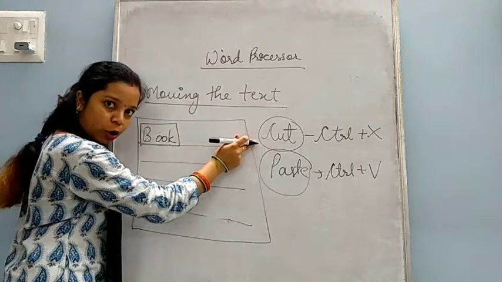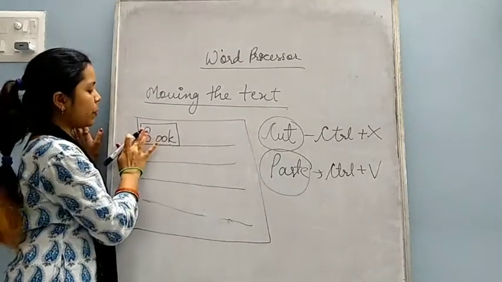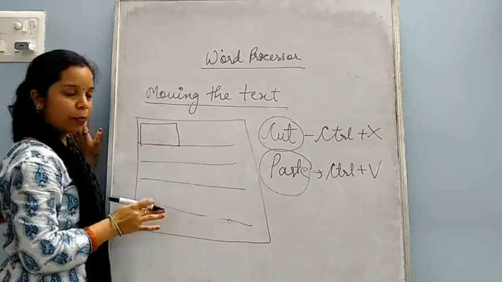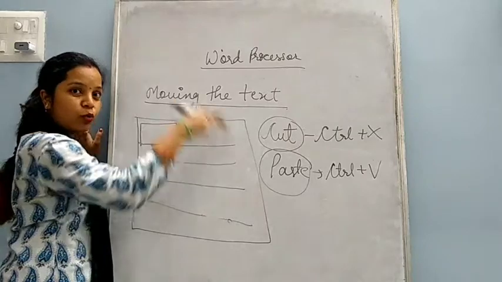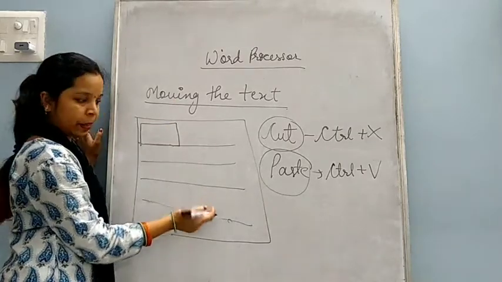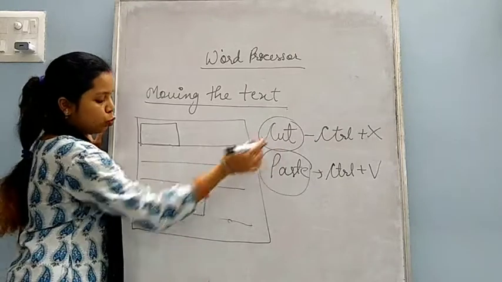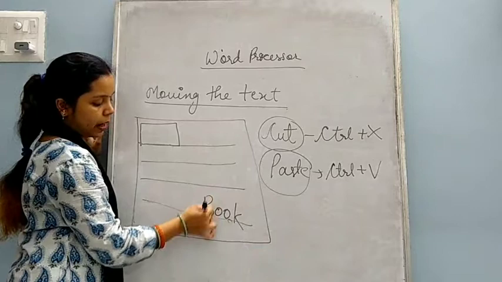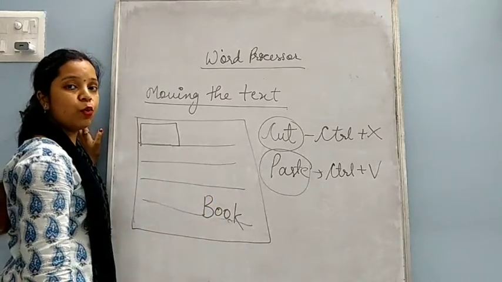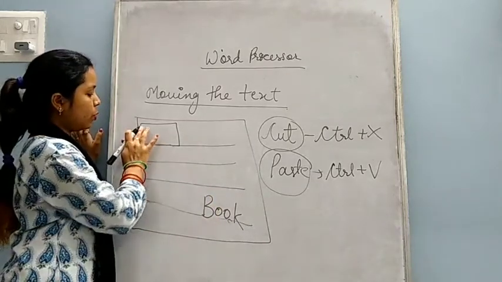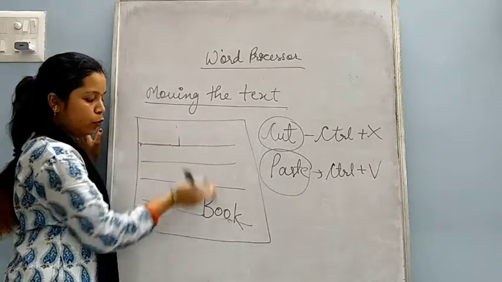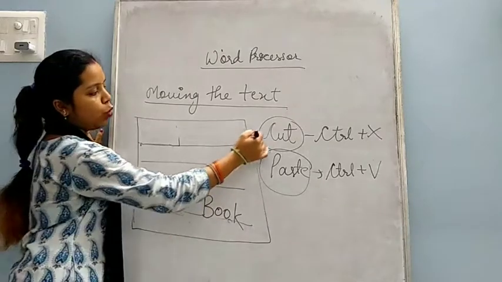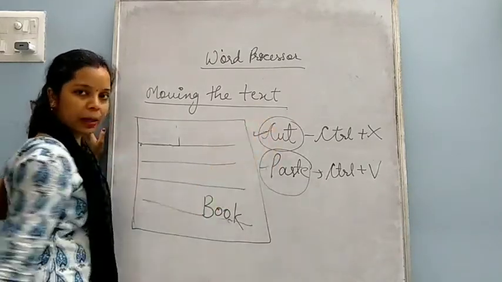Then you will click on cut option. As you click on cut option, this word will be cut from here and then you will go where you want to paste. Like I want to place here. So click here with the mouse and choose paste option. So when you choose paste option, this word will come here. So this is known as moving the text. Moving removes the word from original place and moves it to the another place. So this is known as moving and two options we use, cut and paste.